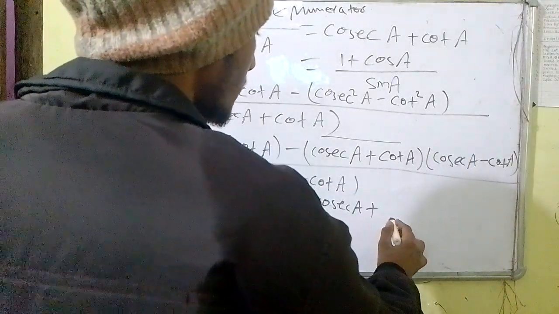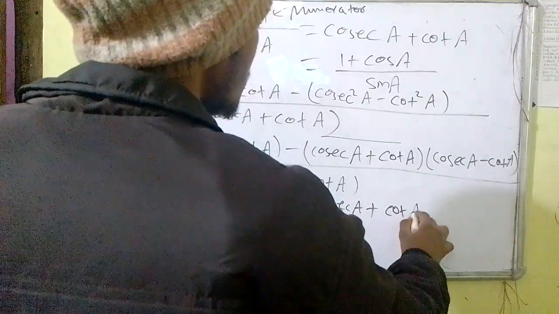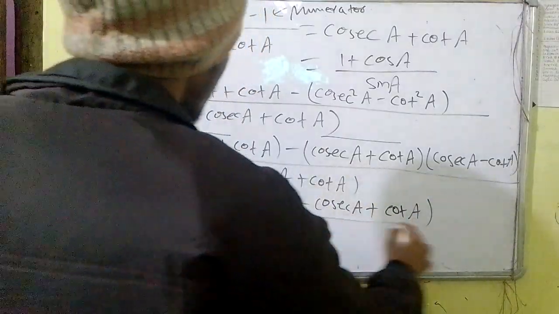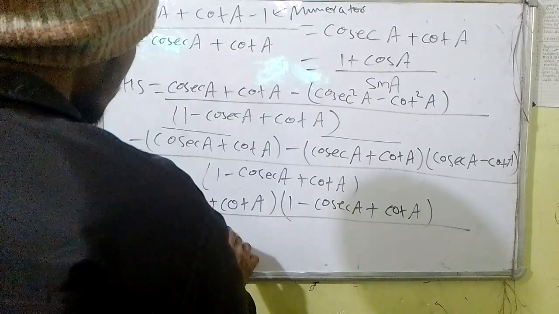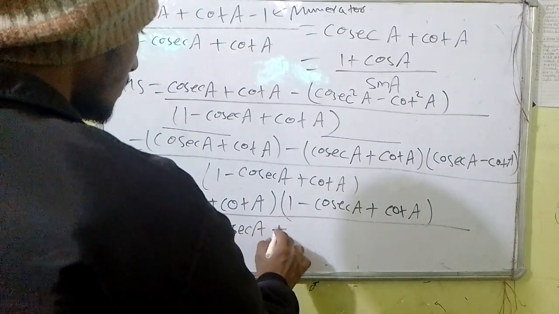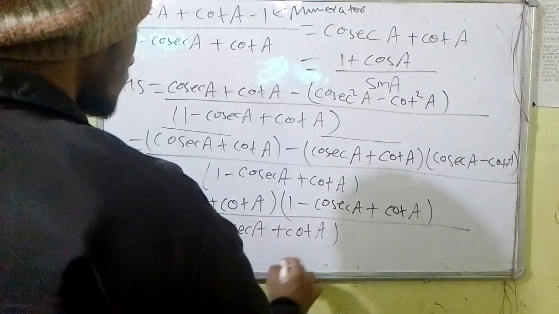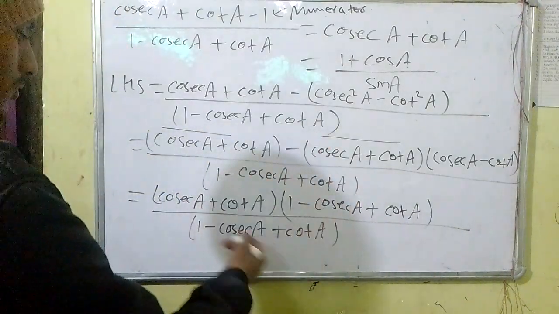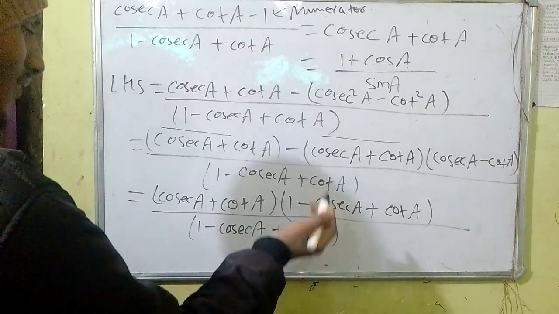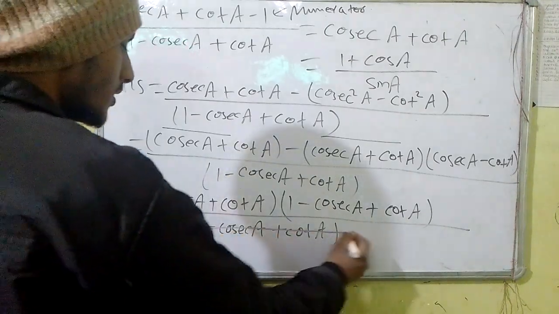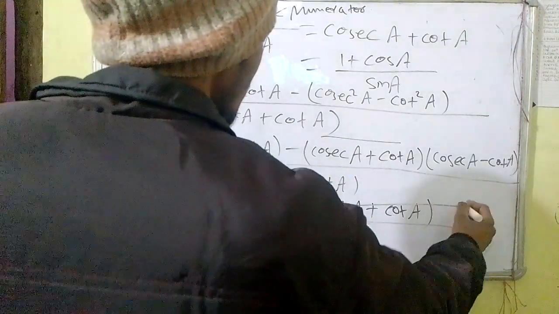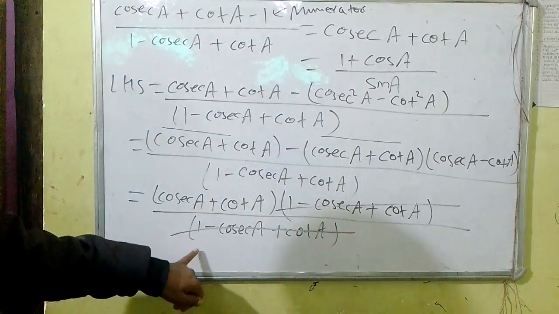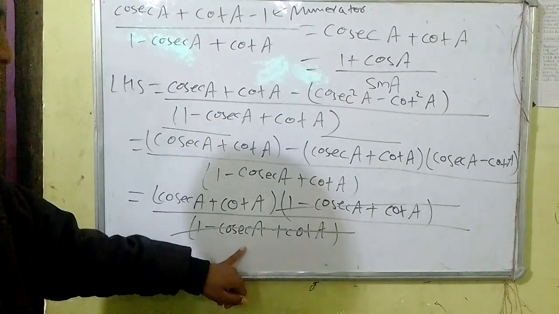So it should become plus cotangent A divided by 1 minus cosecant A plus cotangent A. And now the next thing is, as both of them, the numerator and denominator, are in factored form, we can cancel some of the things out which are matching. So as you can observe here, 1 minus cosecant A